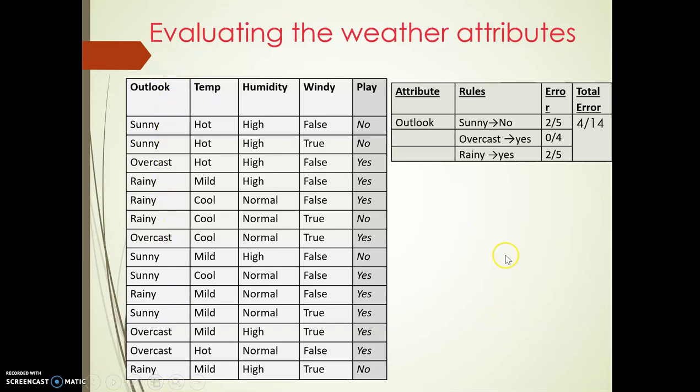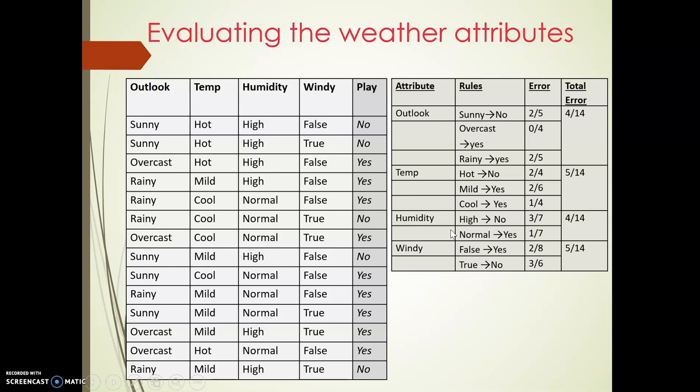So let us see what values we will get for the next column. Similarly, you need to calculate for each and every column here. Only then will you be able to decide which attribute you can consider for creating a root node here. So you can see the rest of the values have been calculated here. So for the temperature, the same way how we did it for the outlook attribute, the same methodology can be applied for the temperature, humidity, windy here. So for temperature, how many different values are there? Hot, mild and cool, out of which you need to consider the majority decisions that have been taken.